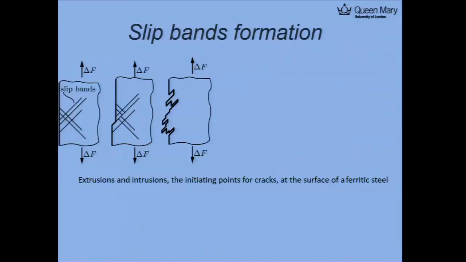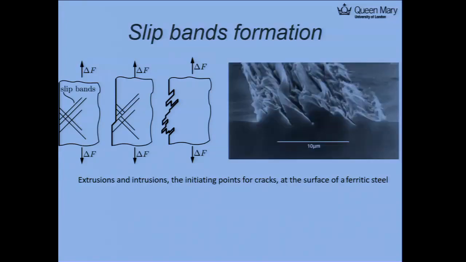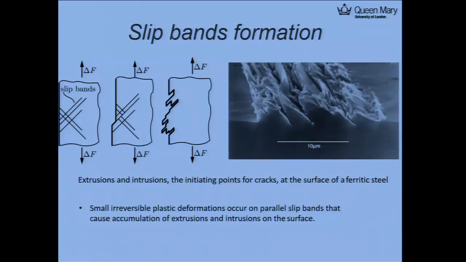So let's look at what happens. This is again a simplification of what I've drawn before. You will end up with this intrusion and extrusion failure on the surface of the crack. But if you look at the SEM image, you will see what happens. If you just look at the surface of the material, this surface corresponds to the left-hand side image, and this is for a steel material. So you can say this is some small irreversible plastic deformation that occurred. Plastic deformation is basically matrix shearing on that small scale. So on this parallel slip band, eventually you will accumulate this extrusion, or intrusion inside,